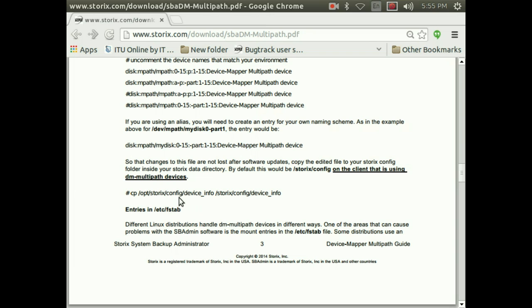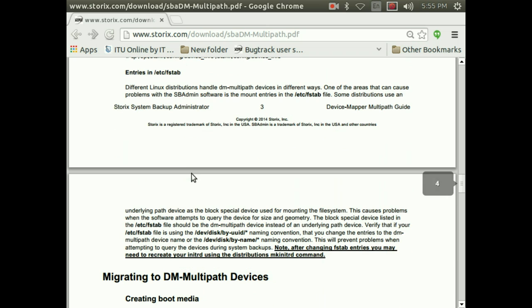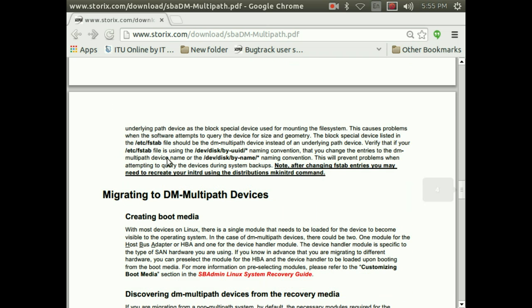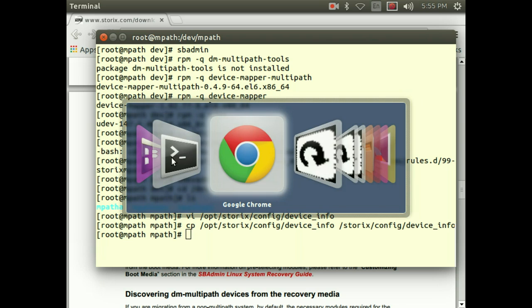And then finally on here, it talks a little bit about entries in Etsy FS tab. We haven't had any problems with this in a very, very long time. So unless you've done everything else and you're still having problems, you can go ahead and skip this section. So that gets us through all of the setup that we needed to do. Let's go back and check